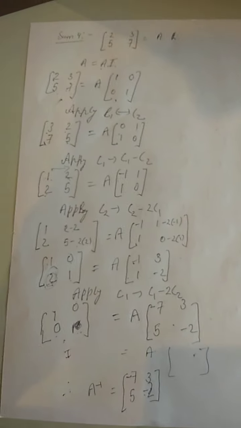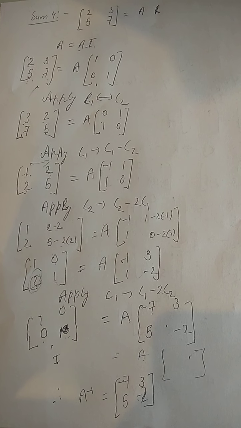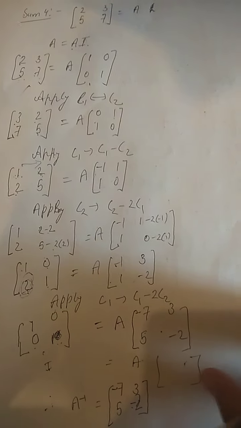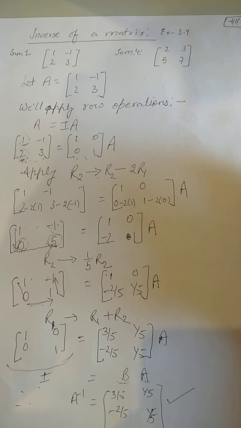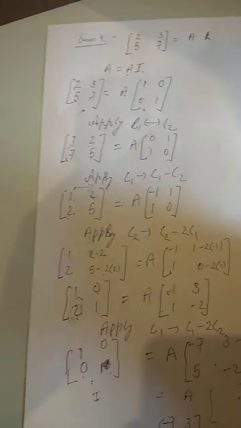I hope the sum is clear, the steps are clear. If any doubt is there, you can ask in the group, right? And you people can complete your exercise. This is now even sum number 1 also. Let me show you once again. You people can do the exercise till sum number 14. The first 14 sums are based upon 2 by 2 matrices only. The last 3 sums are 3 by 3, which we will discuss in the next video, right?